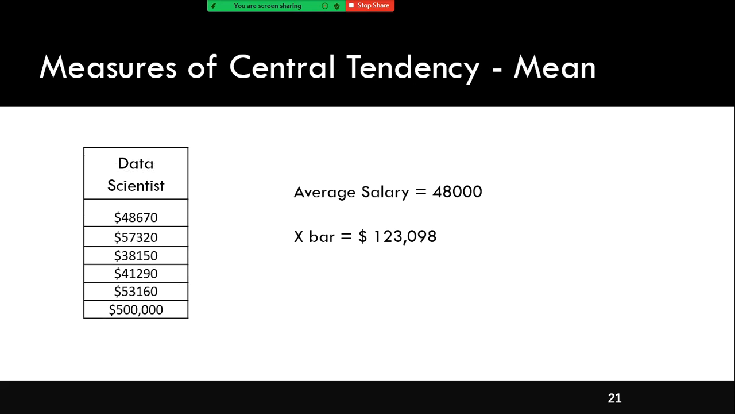In the measures of central tendency, we use these measures more frequently: mean, median, mode. So what is mean? Mean is average. In statistics, we call average a mean. This is the data set given to me. For different data scientists, salary is given here. And if somebody is asking you what is the average data scientist salary,